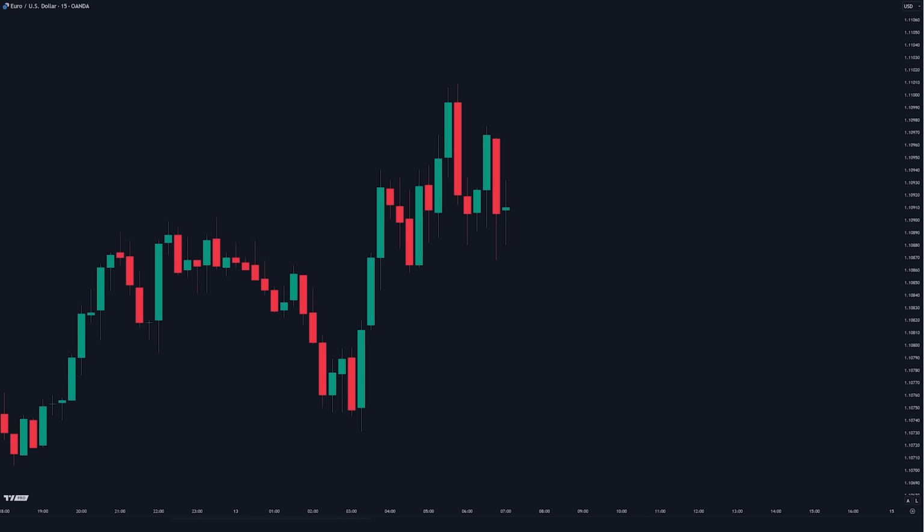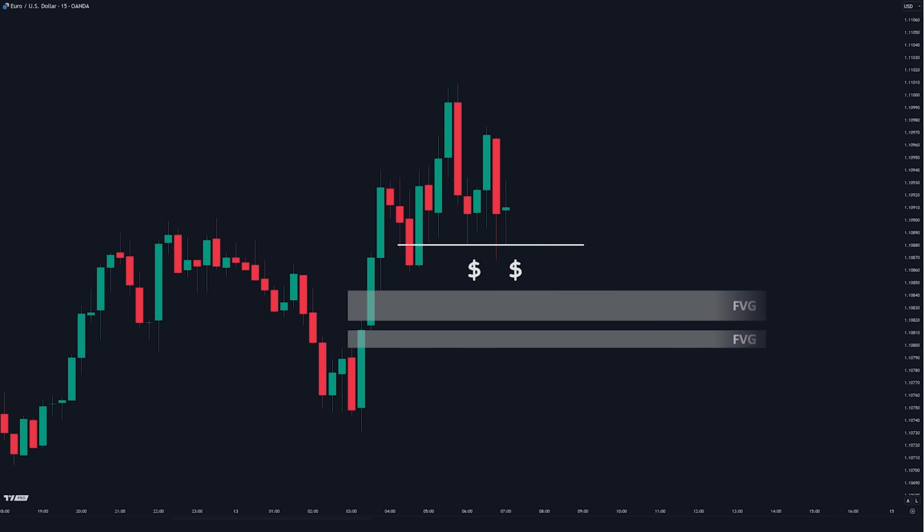On the Euro-Dollar 15-minute chart, we see a strong uptrend, with the latest impulsive move creating equal lows. This will act as support when the price taps into this zone again. Below these equal lows lies a lot of liquidity. To the left, we can also spot fair value gaps, which will act as strong demand areas just below the